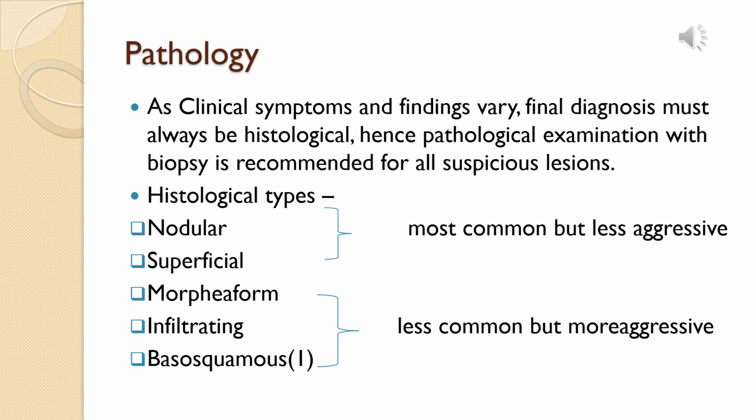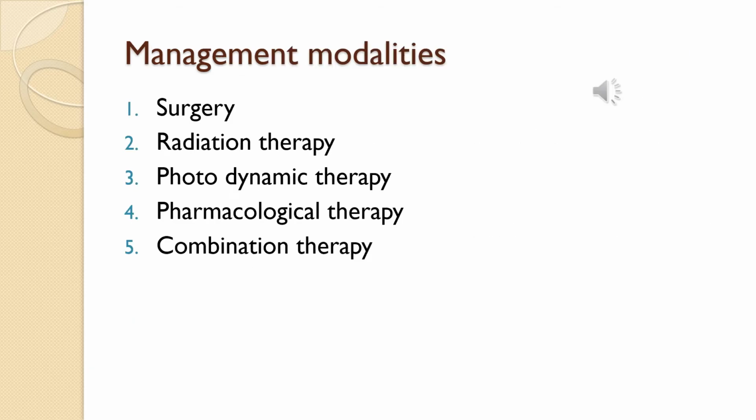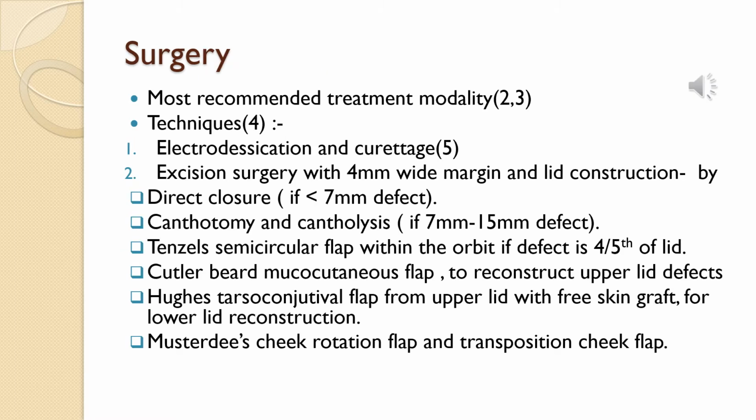The following are the histological types of basal cell carcinoma. The following are the management modalities of basal cell carcinoma: surgery, radiation therapy, photodynamic therapy, pharmacological therapy, and combination therapy. The most recommended treatment modality is surgery. Techniques are electrodesiccation and curettage, and excision surgery with a 4 mm wide margin and lid reconstruction by direct closure,